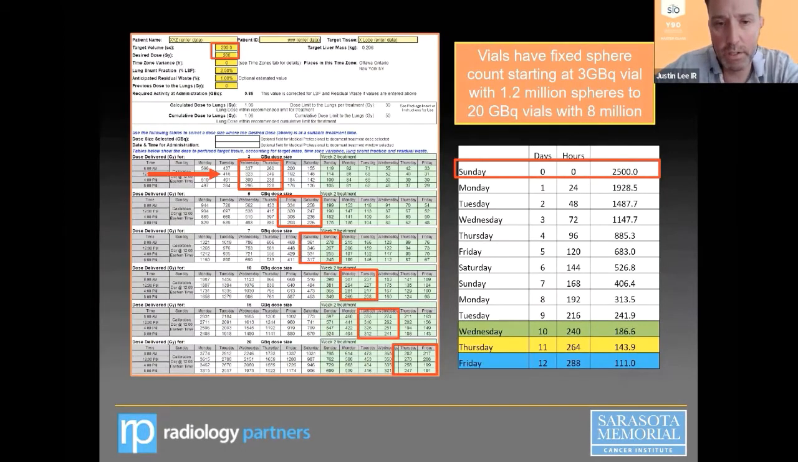Just to put this into graphical form, this is how we use glass in our institution. Usually it's for smaller lesions, 200 centimeters or less, and we're looking for a target dose somewhere around 200 to 300 gray. And so the